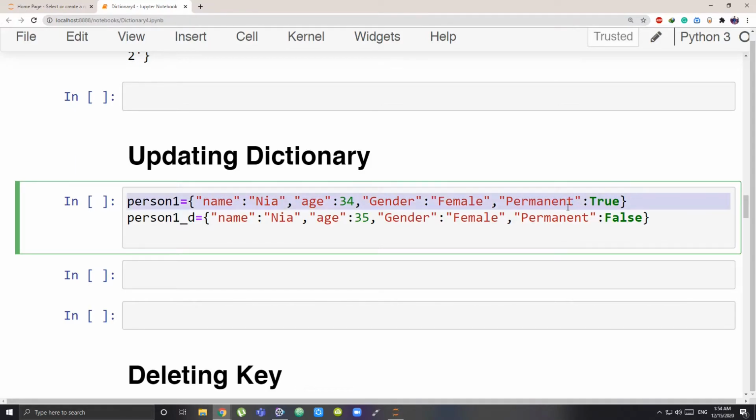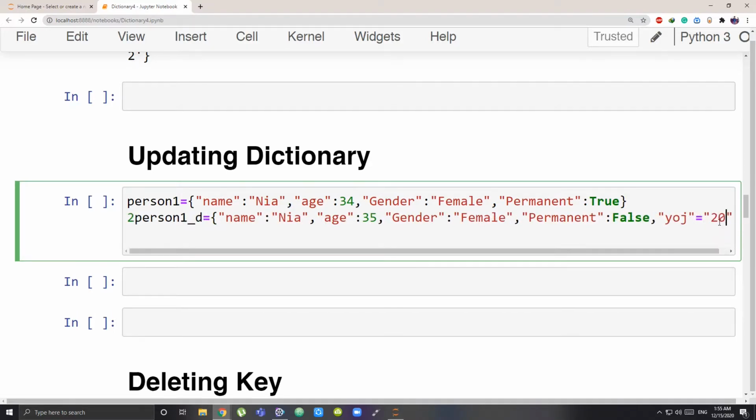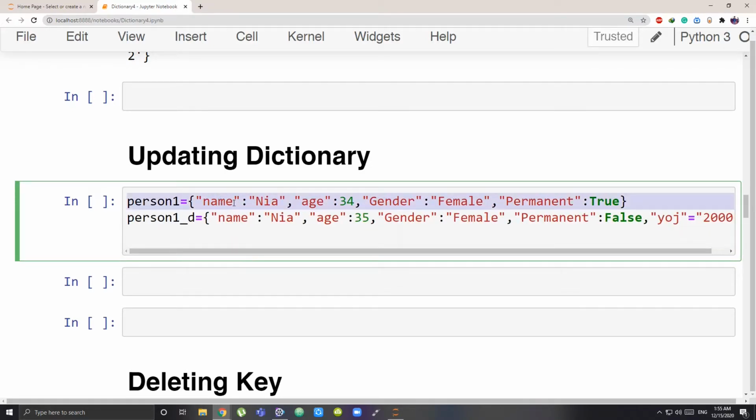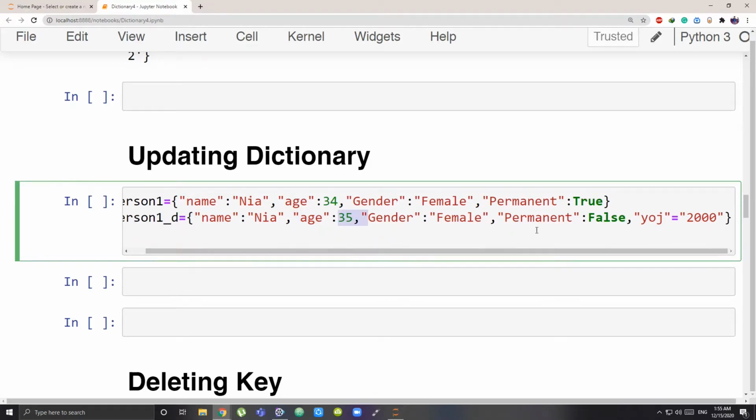This is my original dictionary or my old dictionary, which is having certain values. Then I have another dictionary which is having certain new values and certain values that are changed. So let me show you one more thing. I again have this year of joining in my new dictionary. Let us again take it as 2000. So my old dictionary is having certain values. My new dictionary has some keys whose values are to be changed, I mean the values of the keys to be changed, and there are some added keys and values. So that is what I have.